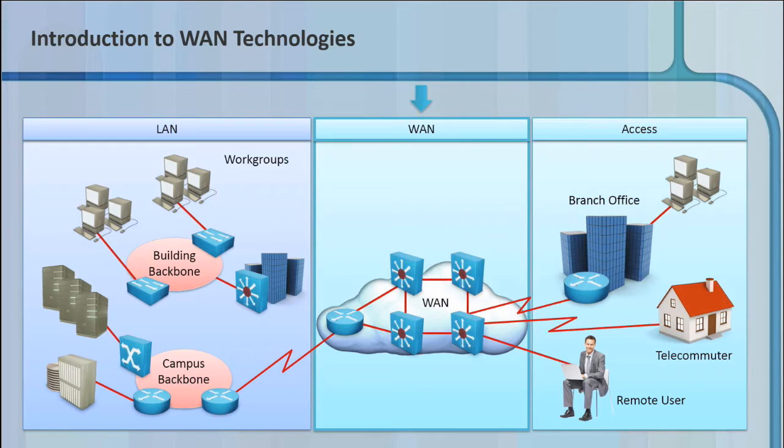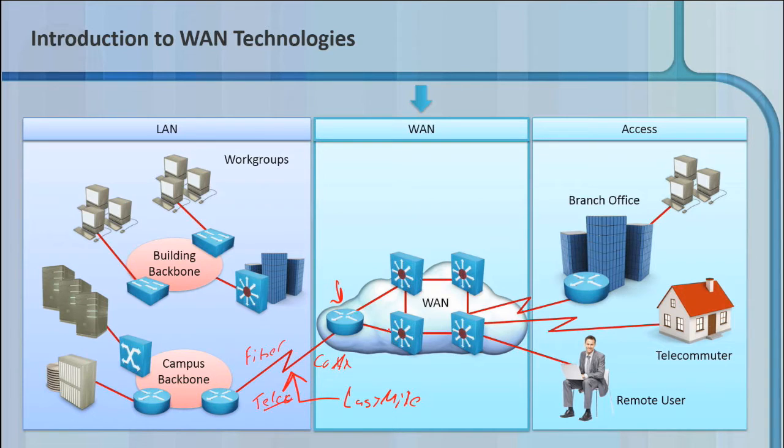So the WAN is that area that we don't own, the wires that go through dirt that is not ours. Depending on where you're geographically located, the city that you're in is going to determine what they call the last mile. And that's the connectivity between your company and then your service provider. In certain geographic regions, you're going to be able to get fiber to the premises. In others, they may have coax. And as a worst case scenario, you're going to have just classic telco. Telco could provide DSL, and then your telephone company can also provide things like T1 or T3 connectivity. That's to get you to the service provider.